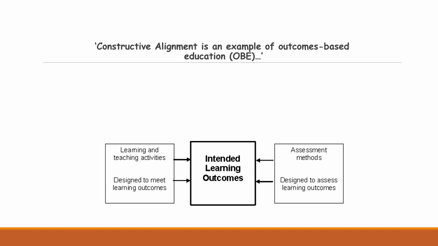Now, what is constructive alignment? Constructive alignment is an example of outcome-based education. Outcome-based education is that type of education that is focused on the end point. That is, what are the learning outcomes? The intended learning outcome determines what every other thing stands on. The assessment method, the teaching activity, everything works towards getting the intended learning outcome that you would have designed at the